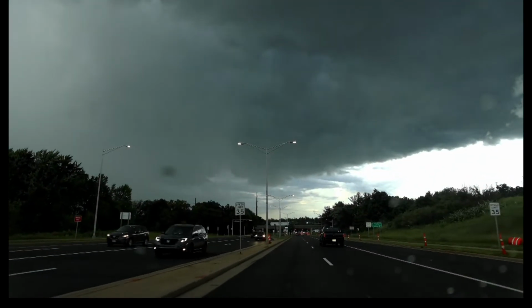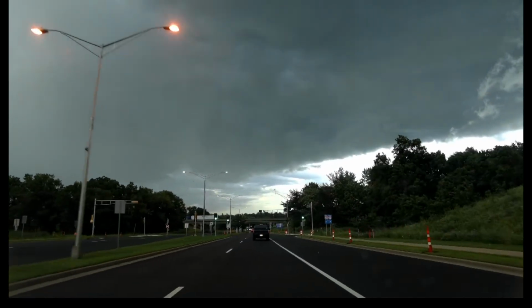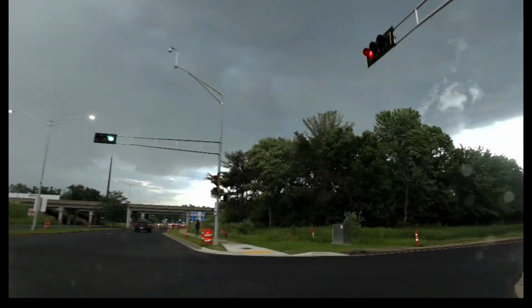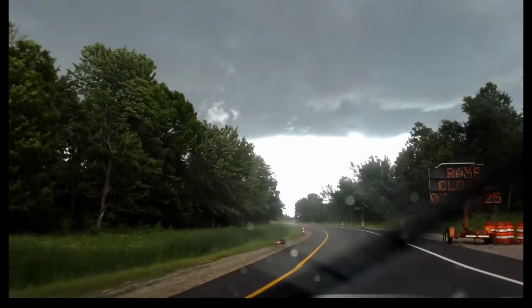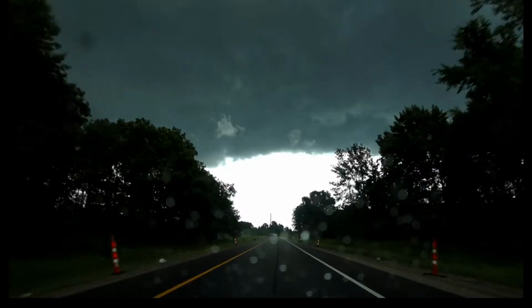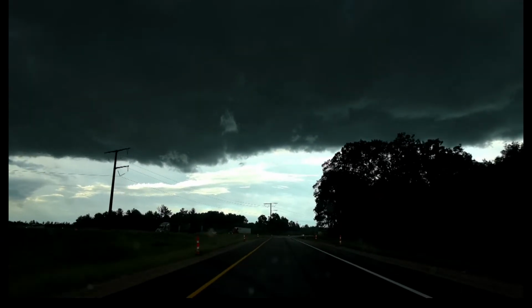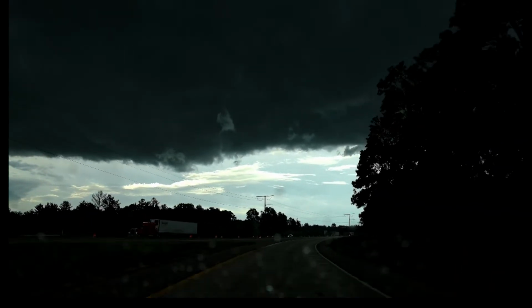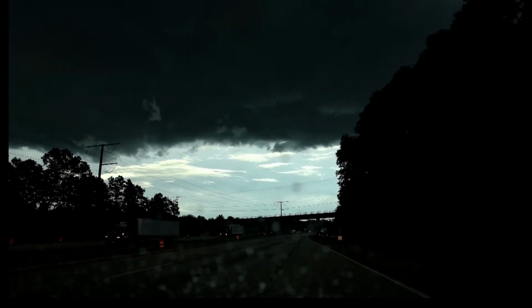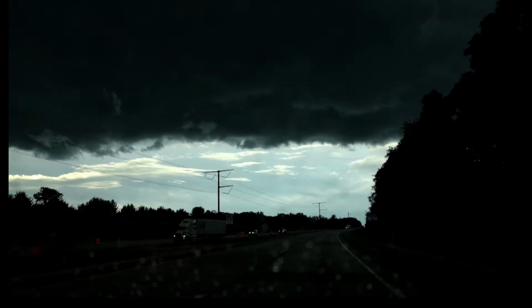Straight ahead, guys, is what anything that would be good looking is. But currently nothing. What's going on? Hopefully no, but just some storm traffic on the interstate. Hopefully not like a bad backup or from like a crash or anything, but there's a backup on the interstate